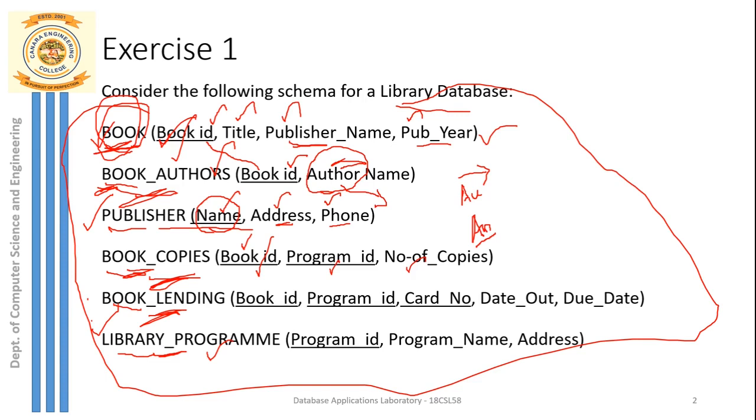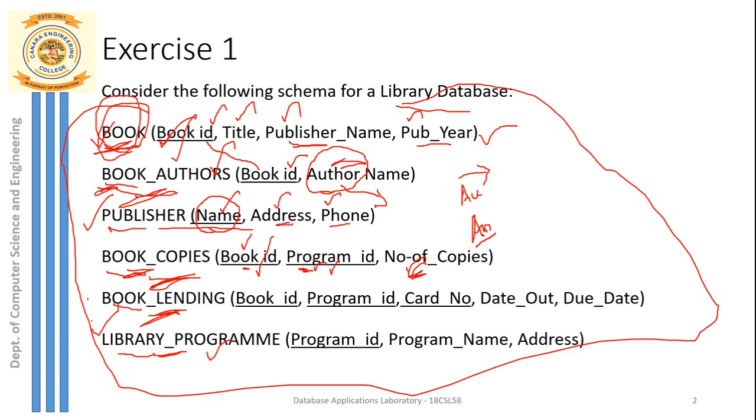See, every book must be specified or must be present in one or the other library. So let's assume that every book is present in one or the other library, and the number of copies of a particular book also is mentioned. So what is the meaning of this? Every book is registered under one or the other library, and multiple copies of a book will be available in different libraries. For example, if I take a book that is your DBMS book written by Navathe.